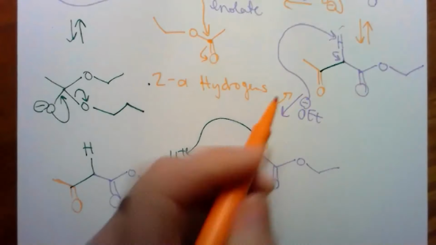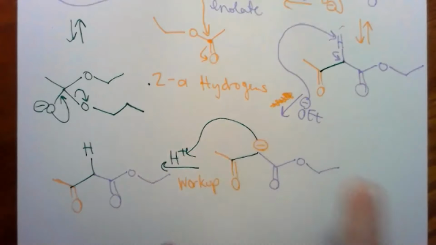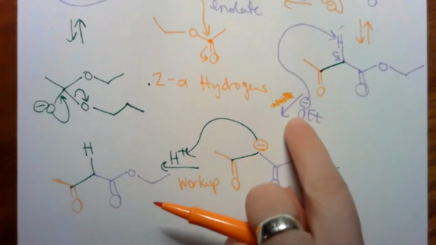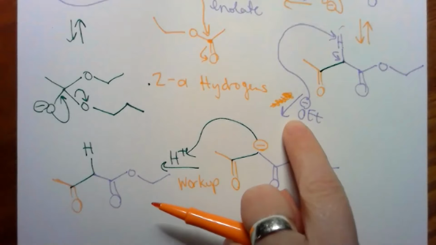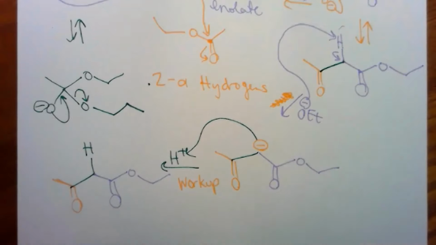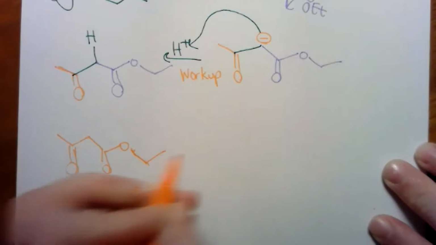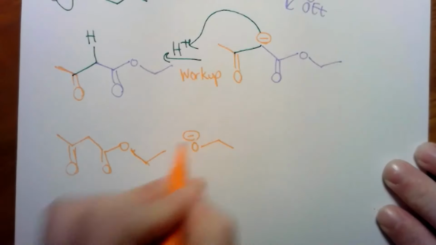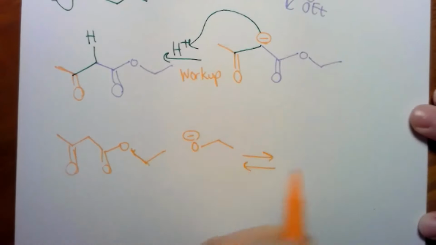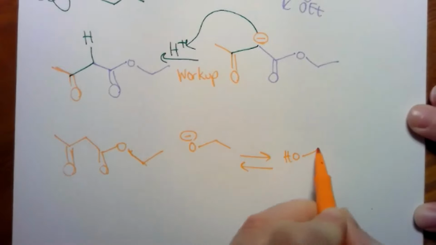This alpha deprotonation, to make this new enolate, this step is irreversible, because at the point where you've got this and NaOEt in solution, if we draw our equilibrium reaction